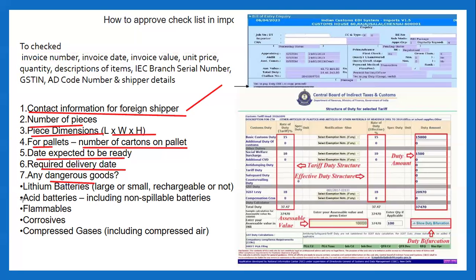The main thing to check is the addresses of the shipper and consignee, meaning the exporter and importer addresses.